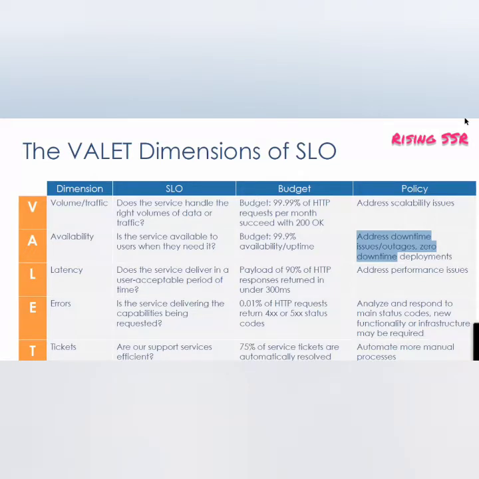So now, if you are setting up 99.9%, three nines, which means that you can have a downtime of 43 minutes in a month. As long as your downtime is confined within that 43 minute window, you are adhering to your SLO. But the moment your downtime exceeds 43 minutes, it means that your SLO and your error budget is violated.